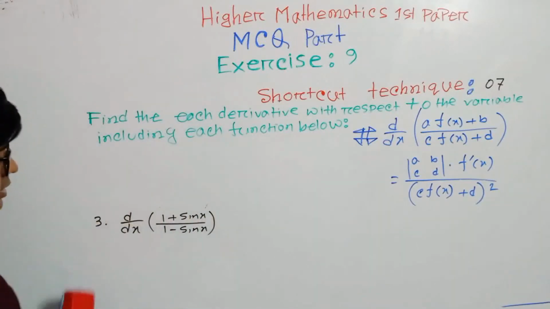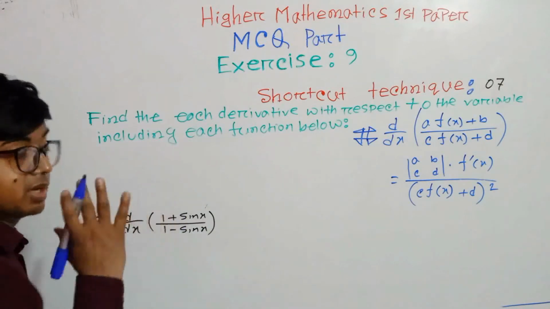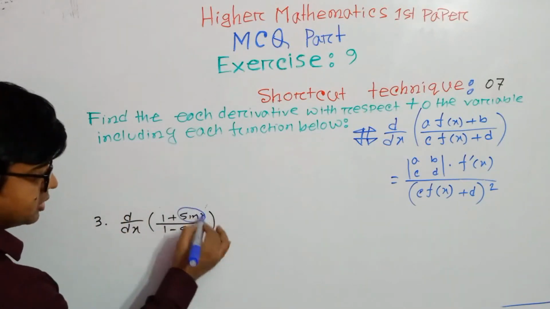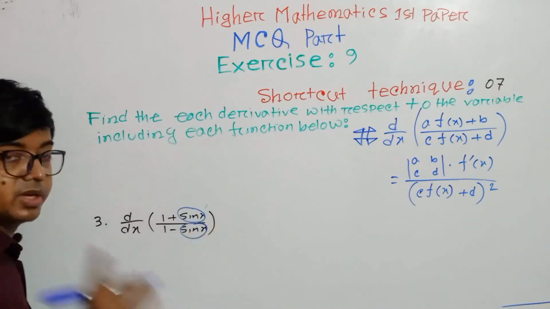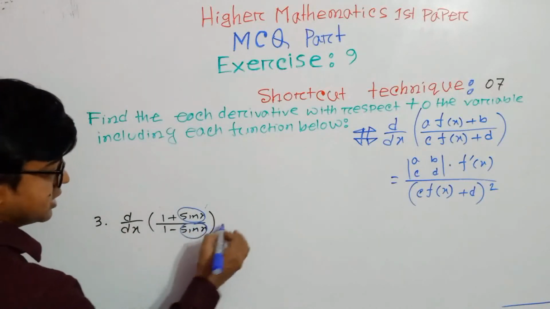And the last one here: d/dx of (1 plus sin x) by (1 minus sin x). But one thing is important for this type of math: this operator and this operator must be the same. Then you can apply this formula. So our answer will be